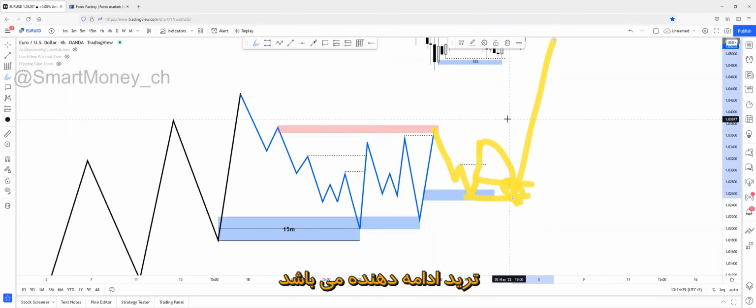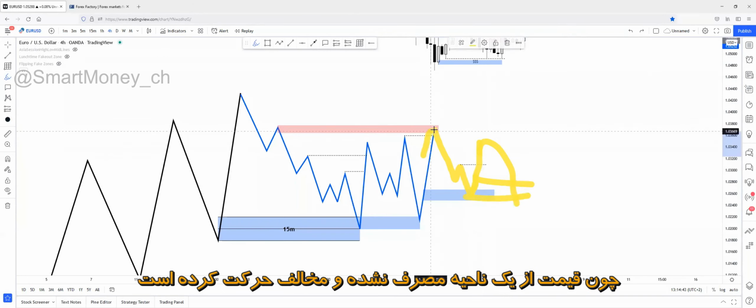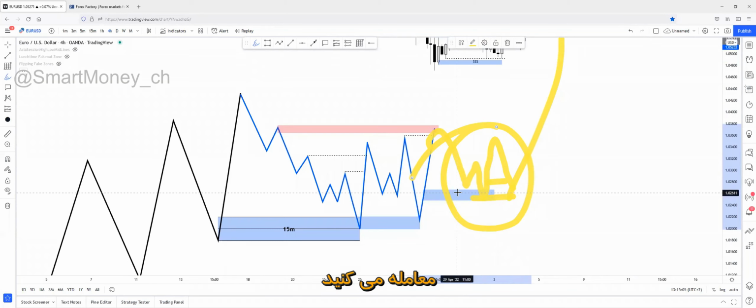So basically, this is a type of continuation too, where you need a confirmation, because price is coming from an unmitigated opposite side zone, where you need a confirmation on the 1 minute POI too. You need to confirm this 1 minute POI because you want to trade the controlling side of the market. And you can always wait for a confirmation. So if supply is in control, you can simply wait for a demand tap, wait for a confirmation and the continuation. In this scenario, you will be safe to enter because you're trading the controlling side of the market. You always want to trade the controlling side of the market.